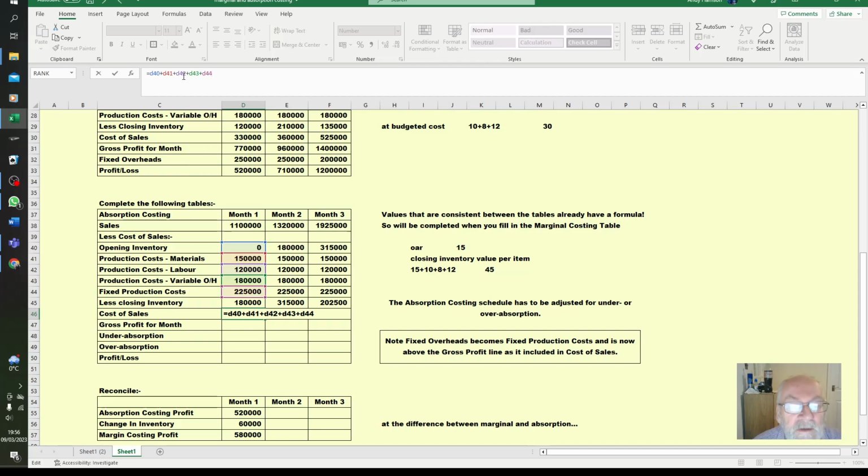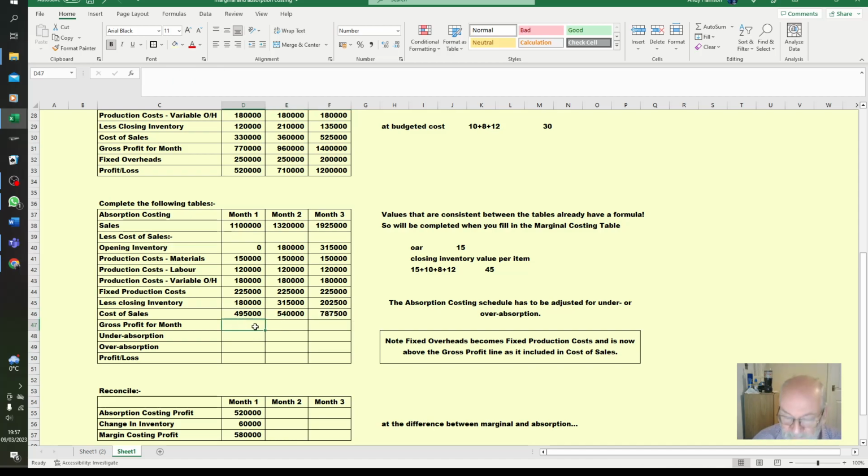So add all the costs, take off the closing inventory. £495,540,000 and £787,500. So our cost of sales has rocketed effectively,